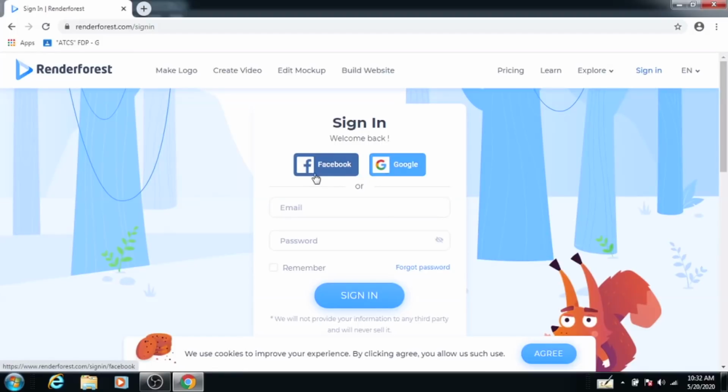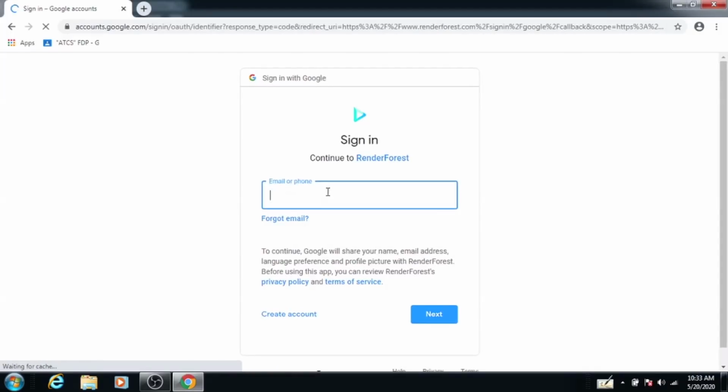There are two options in sign in, Facebook and Google. So click on the Google part. It takes the authentication. So you have to type and click on the next button.